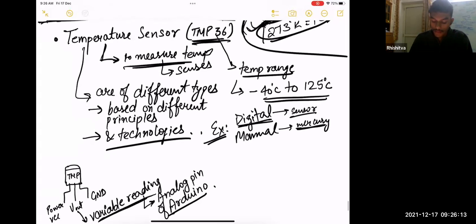So you can take a screenshot if you want. This is the TMP36. Then we will move on to the Tinkercad. Today is not much theory. It was just explaining what a temperature sensor and a thermometer are. You can put a yes in the chat box if you have taken the screenshot, and then I can pause my screen share.